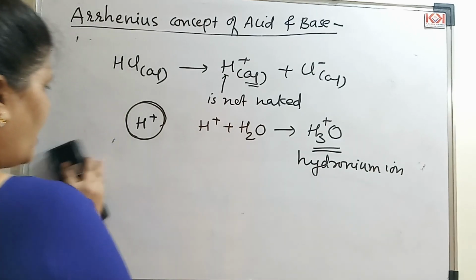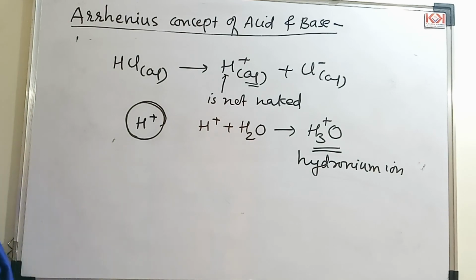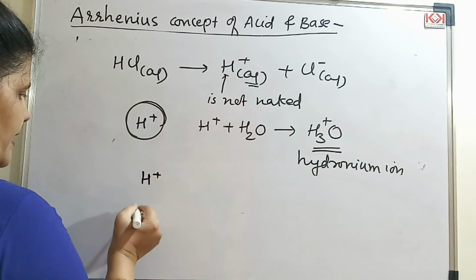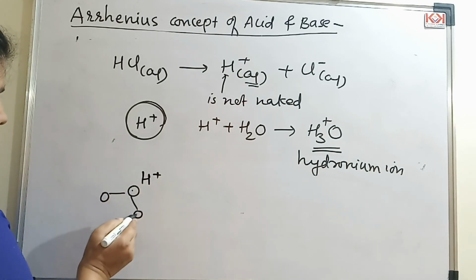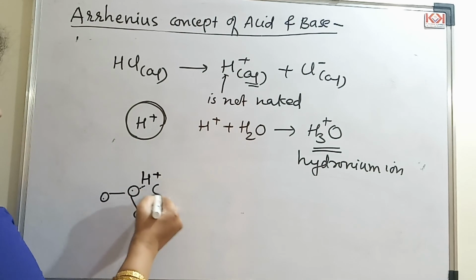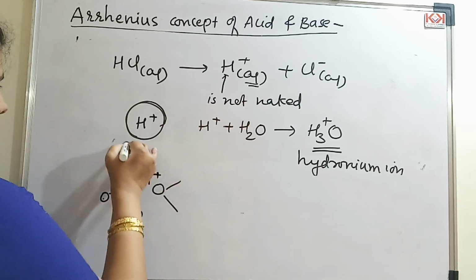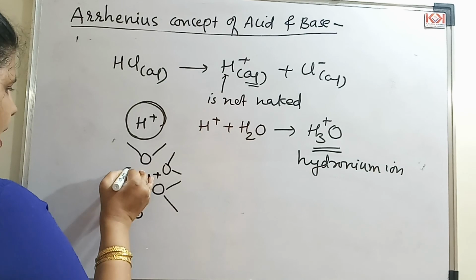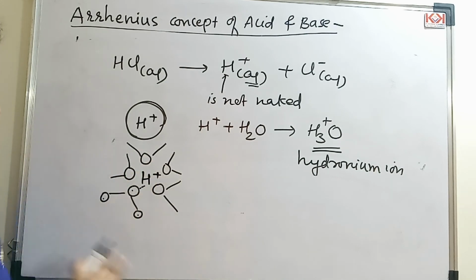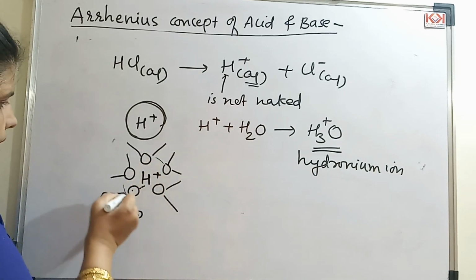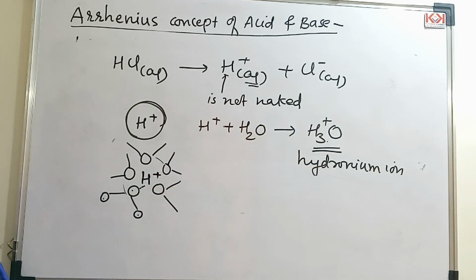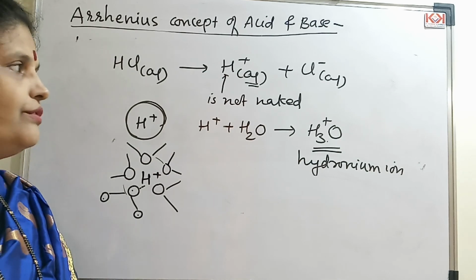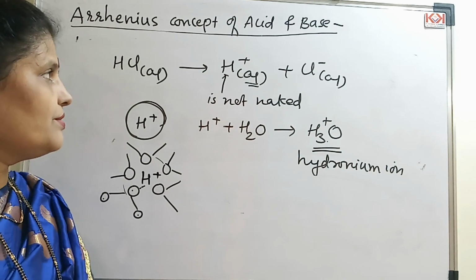Just let me give you how it is solvated. If I see the H plus ion in this way, a water molecule surrounds this in this way. This is your oxygen, hydrogen, hydrogen. So this type of bonding you see here. So this water molecule solvates or surrounds, and therefore H plus ion is not free. It is surrounded by water molecules, and what you get is hydronium. So those were the limitations to Arrhenius, and so we move on to the next theory, that is Lowry-Bronsted concept of acids and bases. Thank you, students.